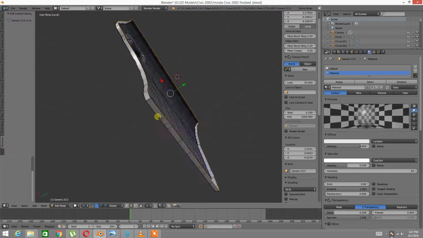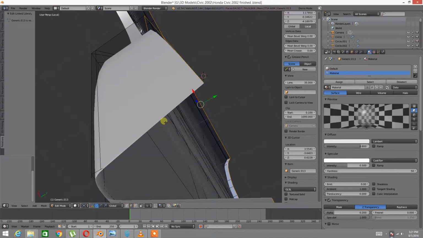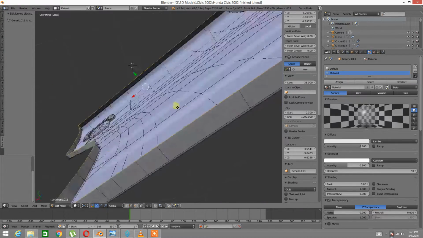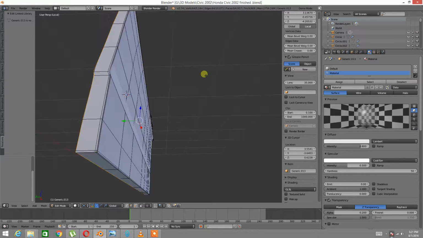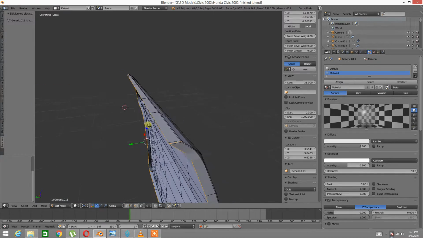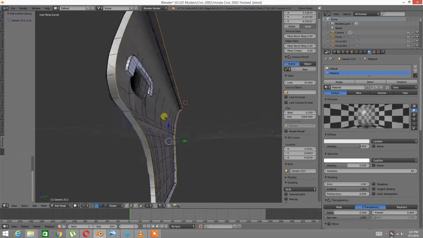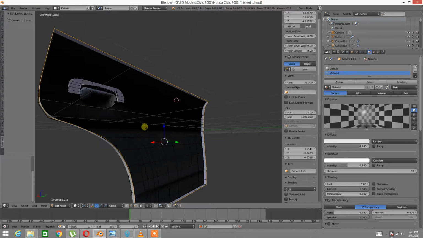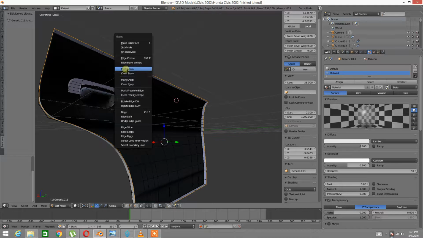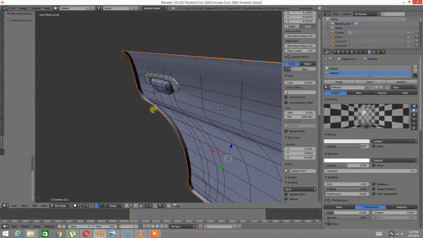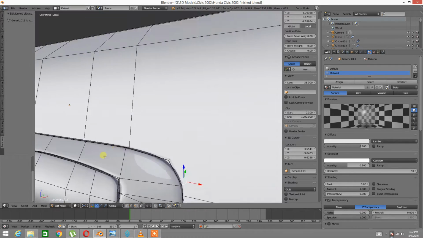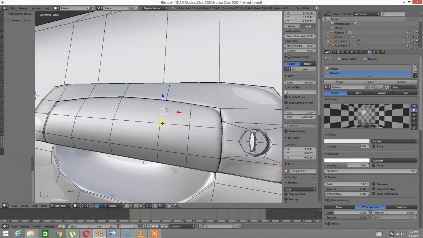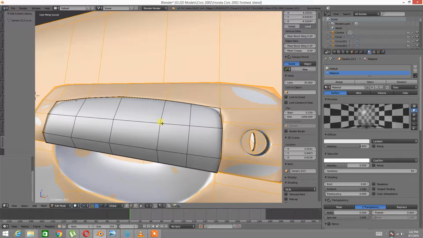And I might have to end up pausing this because this is going to take a long time, so I don't want to tire you out. You already saw in my other video, so if you have already watched my other videos, you've already seen exactly what I did. So I'm just going to go into here, mark seam, Ctrl, Ctrl, go link selection and go inverse,